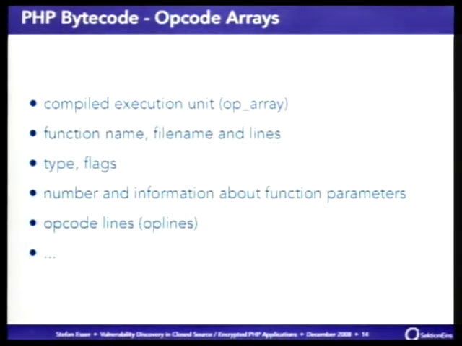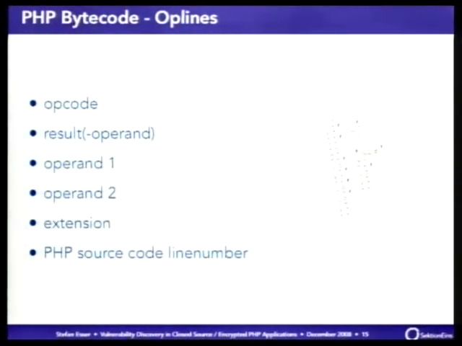And last but not least, there's of course the bytecode, which is stored in kind of op lines, which are the opcode lines, and I will come to that now. For every op line, the PHP bytecode stores exactly one command. You have there the opcode. If you know assembly language, you know that you have usually an opcode and some parameters, and in PHP bytecode it's the same. You have the opcode, there are about 150 different opcodes in PHP. They are all very high level, and then you have an optional result operand,